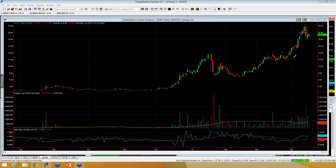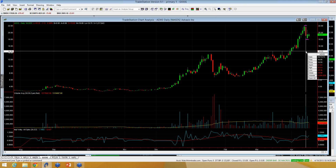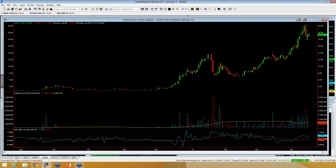I had felt at the time that it had maybe made too steep of a move up, and I questioned how well it would be able to move through 20, but it ended up giving a really nice move through 20, hitting 22 before then having a good shakeout day, going from 22 down to 18 in a day and a half, but has since kind of stabilized. Overall throughout those 5 days it ended up not really going anywhere. You came into the week at 19.73 and you're coming into this week at 19.47, so not a lot of net change on a weekly basis for all the volatility it had,